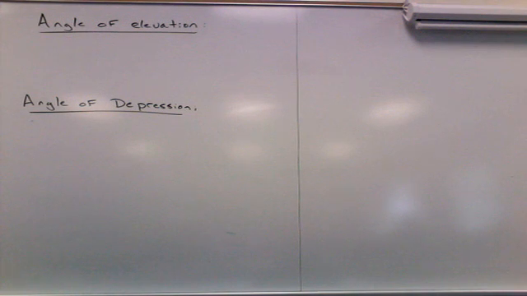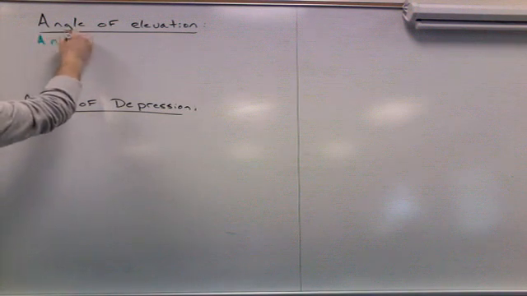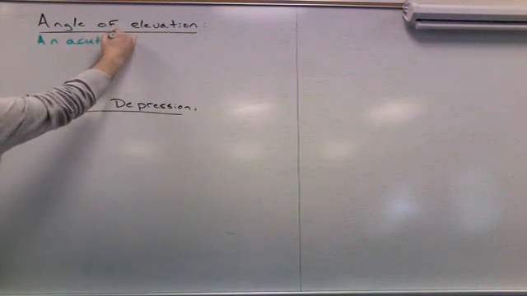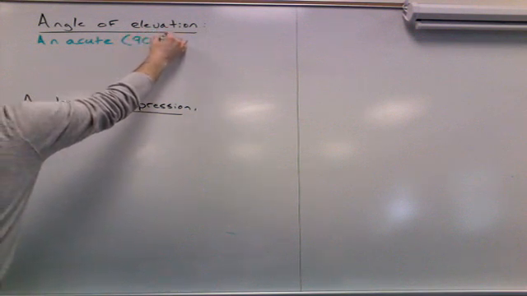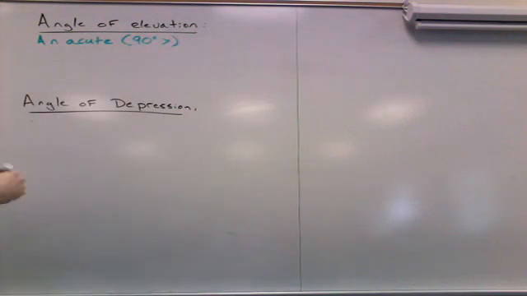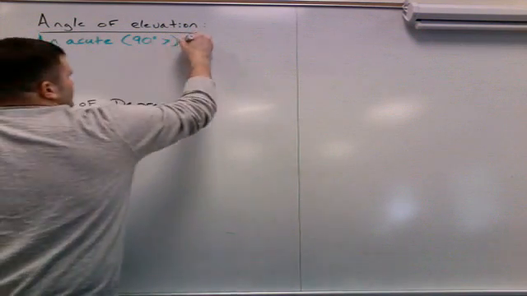So the angle of elevation is the acute angle between someone's line of sight and the horizontal when they're looking up at an object. Right? So the angle of elevation is an acute. What does acute mean again? Acute. Lower than 90, right? Right, so 90 is bigger. An acute angle